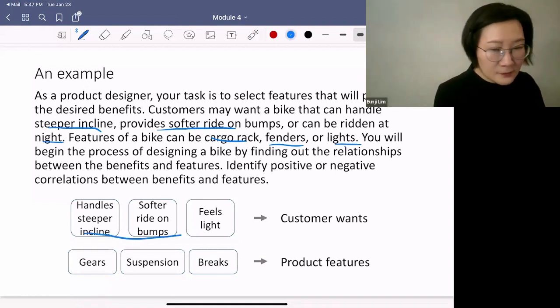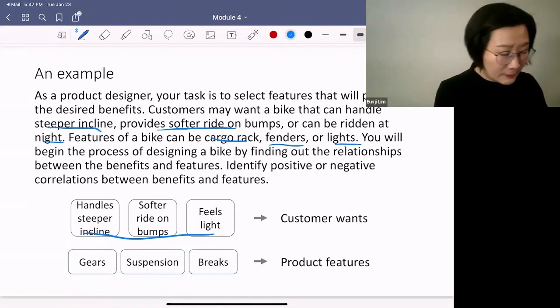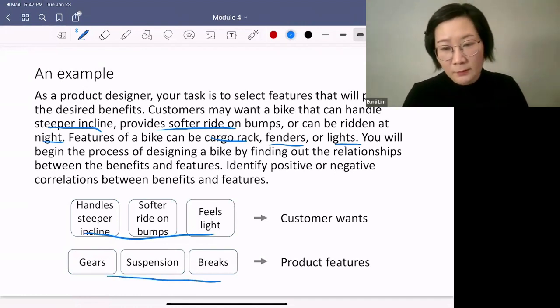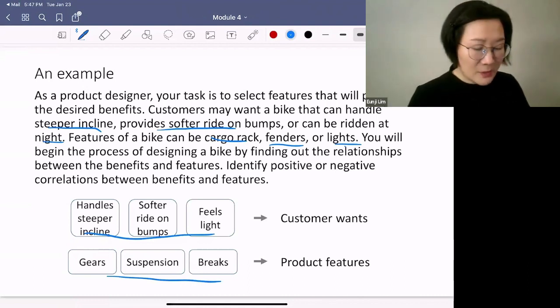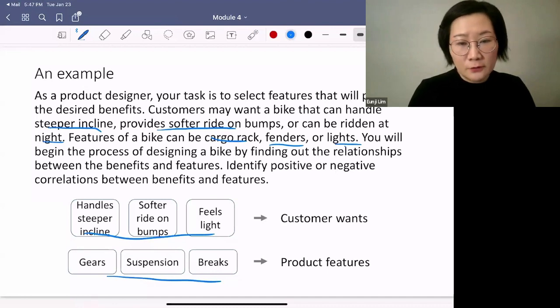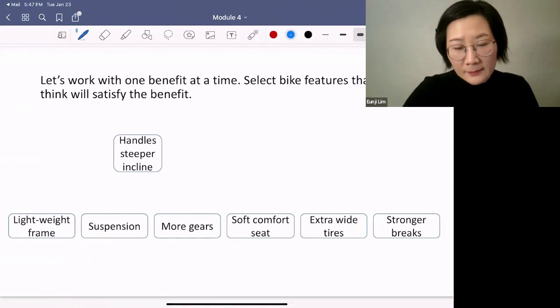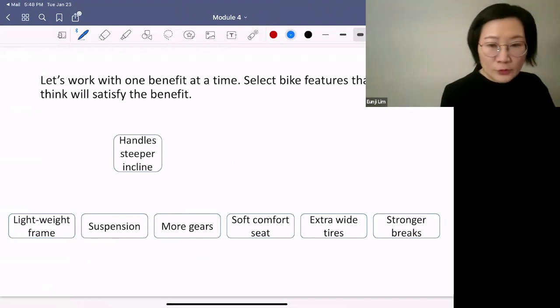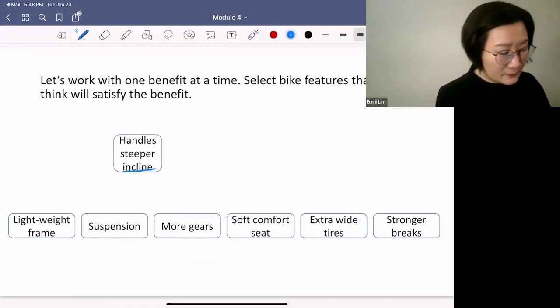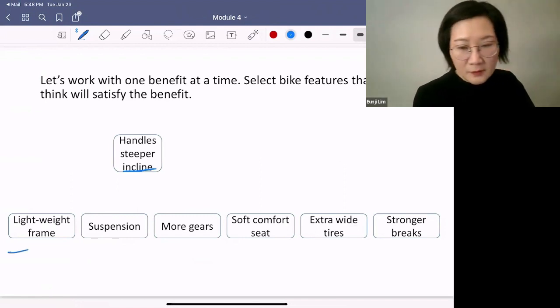On top, I listed customer wants, benefits, and here I listed product features: gears, suspension, brakes. And let's find out the relationship between the two. Let's work with one benefit at a time. Select bike features that you think will satisfy the benefits. So we have, this is one of the benefits, handles steeper incline. And here we have a list of